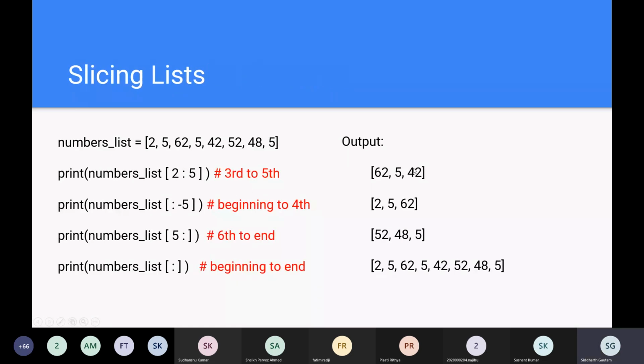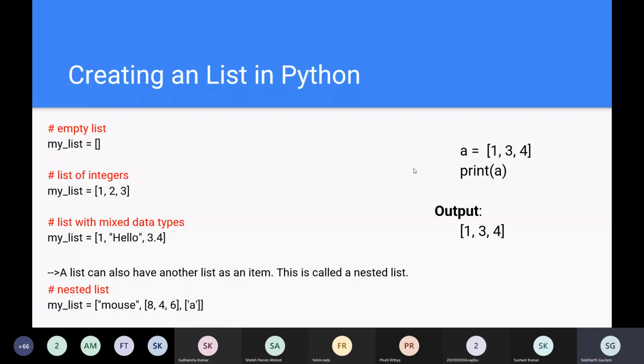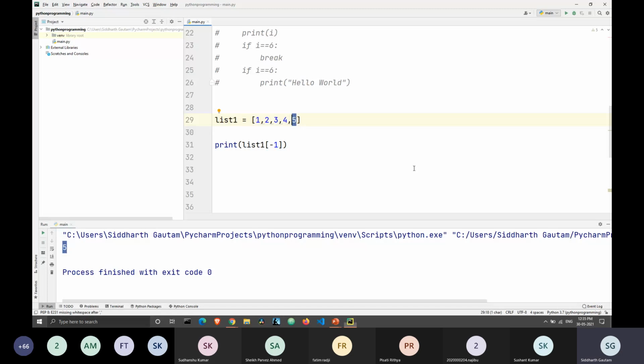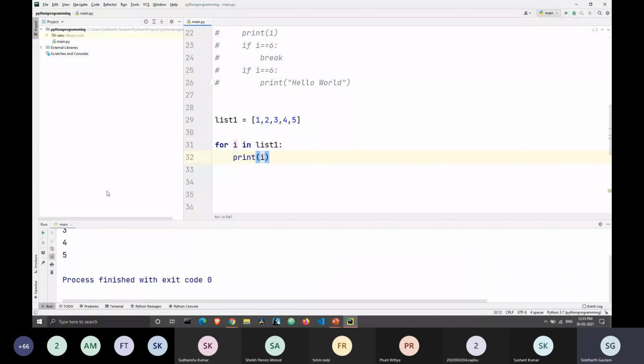Before we get to slicing, let's first do traversing. I have a list here. Traversing is very simple. We have already studied for loops. For I in list1, you can just print I. And when we print this, all the elements of the list get printed.